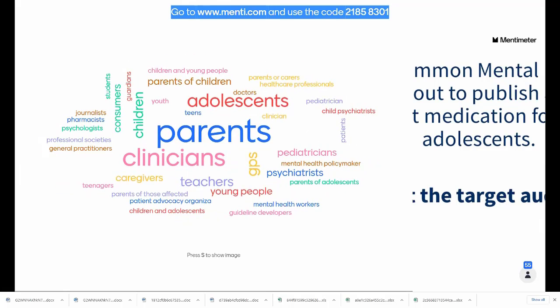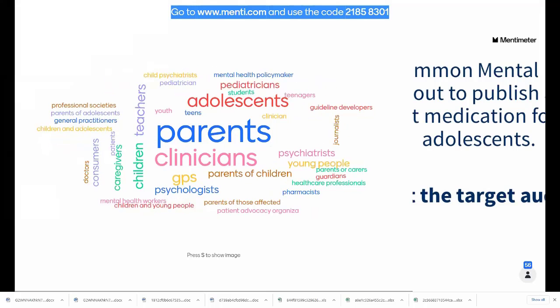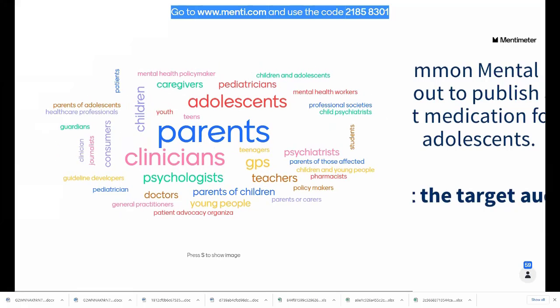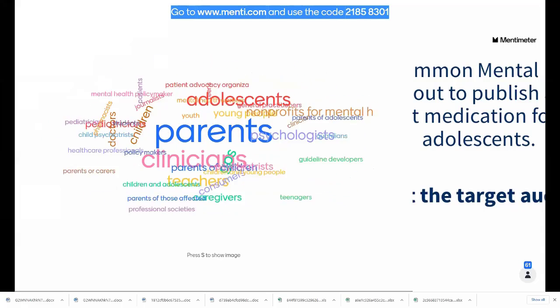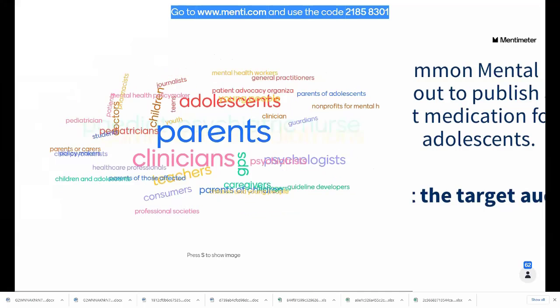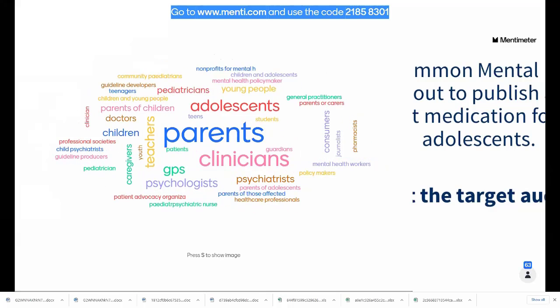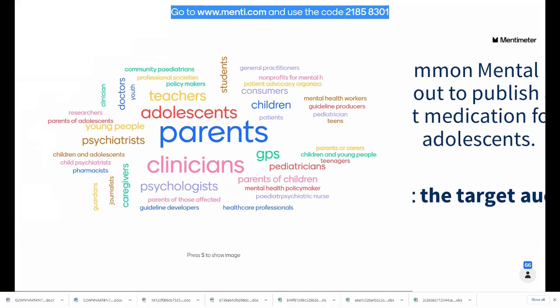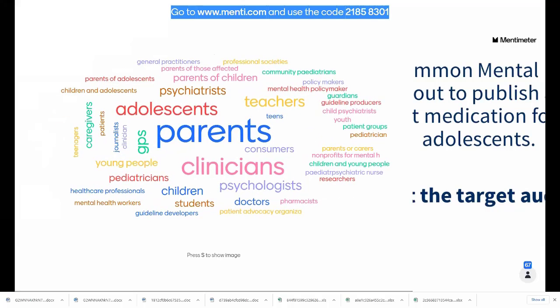So like us, we've been thinking of lots of different groups, and actually for this particular review, because the findings might have implications for guidelines and a change in guidelines, we will be looking to target guideline developers and policymakers to an extent. We're also trying to think very carefully about how we will communicate some of the findings from this review with parents and with young people, because it's obviously a big decision to be taken in partnership with health practitioners around the use of antidepressants in that age group in particular.